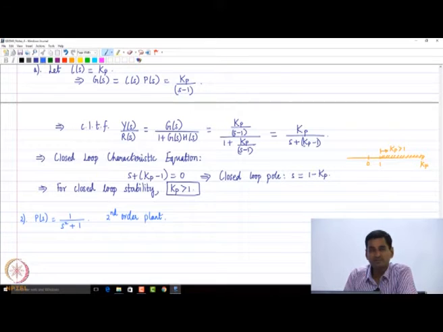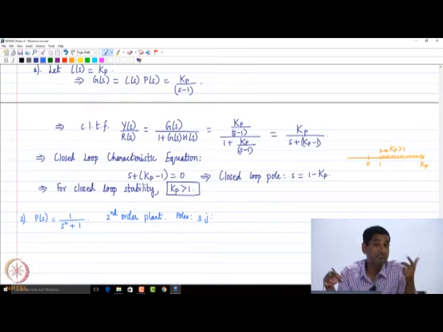No, right? As I told you, we'll introduce another notion of stability called stability in the sense of Lyapunov. It will turn out that as per that notion, this is stable in the sense of Lyapunov, as long as I have simple roots on the imaginary axis. We have already seen that the poles are at plus or minus j. If I have non-repeating, or what we call simple poles, on the imaginary axis,